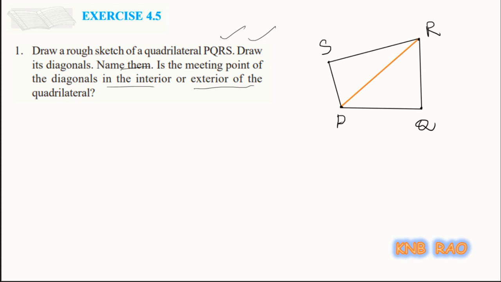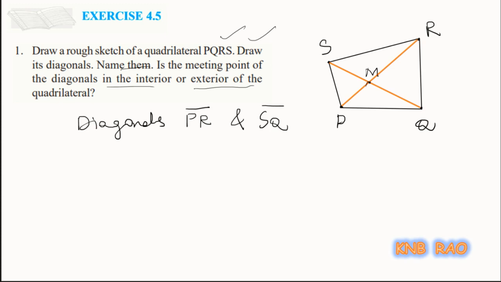and drew one diagonal. PR is one diagonal. So diagonals PR, and if I draw another diagonal, that is SQ, you can see that they are intersecting at a point, right? Here is a point. Where is it? Is that point inside or outside of this quadrilateral PQRS? It is interior. So diagonals PR and SQ are intersecting, let's say at point M,